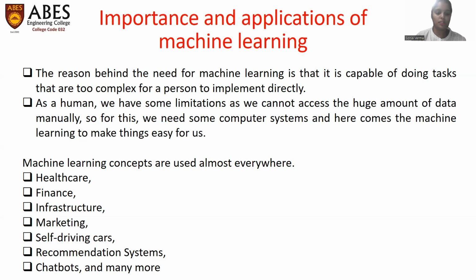Next comes the self-driving car. A self-driving car can also be done by machine learning, or we can say artificial intelligence, through the artificial intelligence recommendation system. As I already told you, machine learning learns from the data. So whatever our choices are, because of machine learning, the choices are kept in the data, and according to that, recommendations come to us.